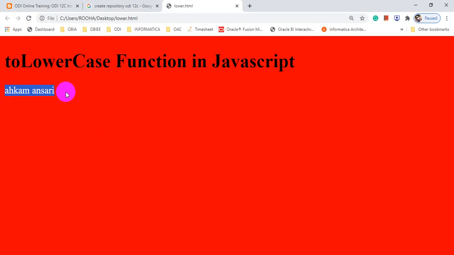Even as a student, let me tell you that I have seen it n number of times in your board examination, not only in standard 11 but also in standard 12. I have seen every year there is a question: accept a string from user and convert it into uppercase and lowercase. In almost 5 to 10 question papers I have seen this question. This is one of the very important questions in JavaScript, because in that case you require two things.